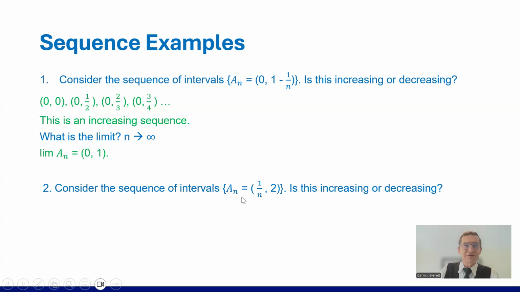Consider the sequence of intervals An. So this is a second question. An is the interval from 1 over n to 2. Is this increasing or decreasing? And again, you might be able to look at that and just know what that is, which is great. But again, I'm going to do examples. So I'm going to put in 1. 1 over 1 is 1. So we get 1 and 2. So that's the interval. And then we've got from